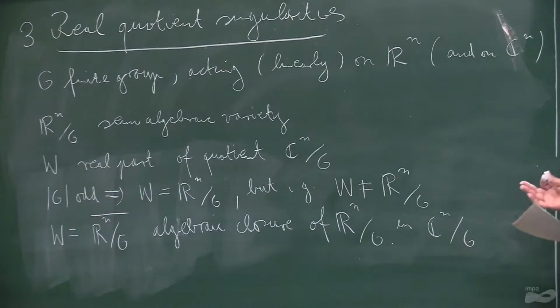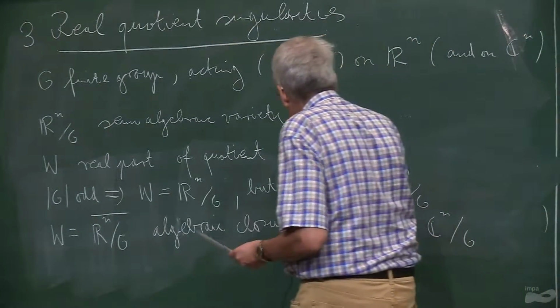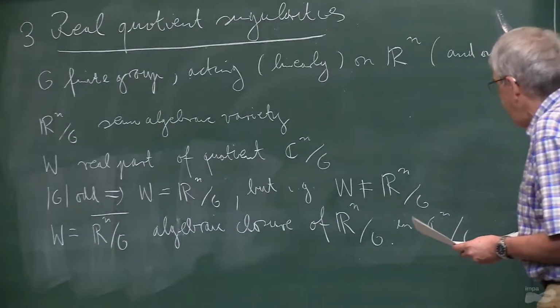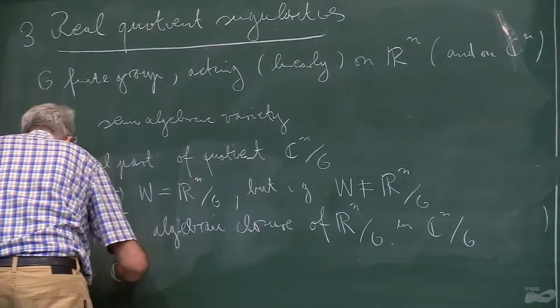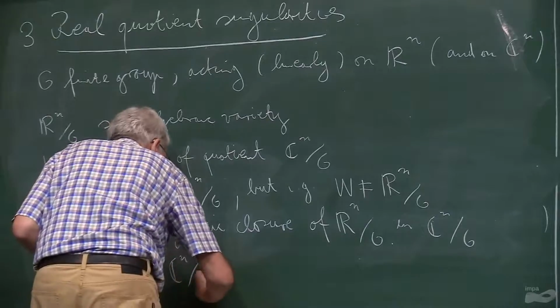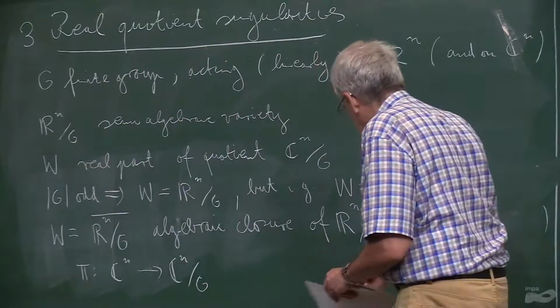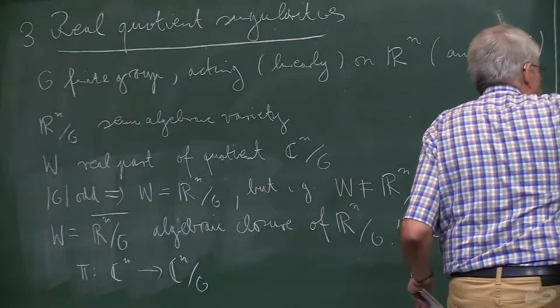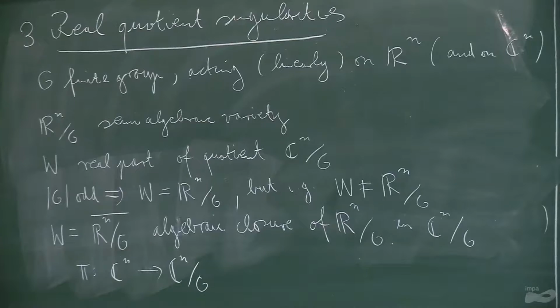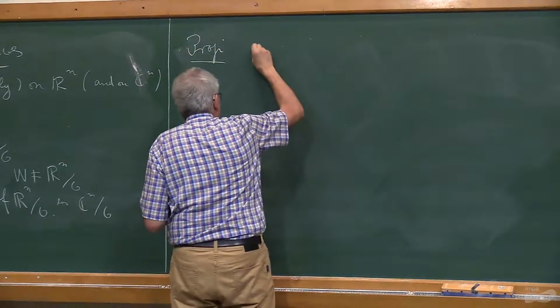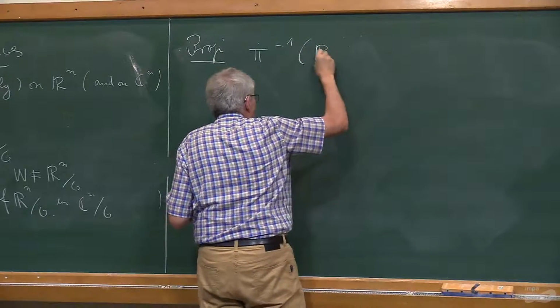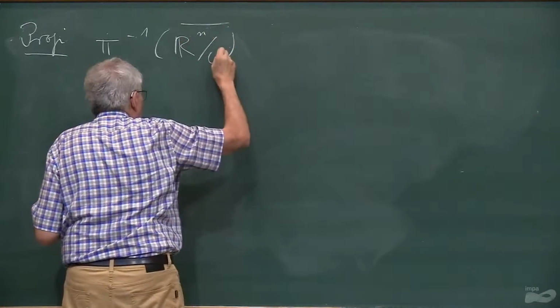And in order to describe this more precisely, and so that you see why in general W is different from Rn modulo G, let me denote by pi the usual projection of Cn to Cn modulo G. And then we have the following proposition. We can describe the preimage of W under pi as follows. So the preimage pi inverse of the algebraic closure, so of W,